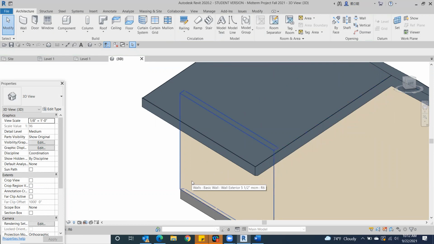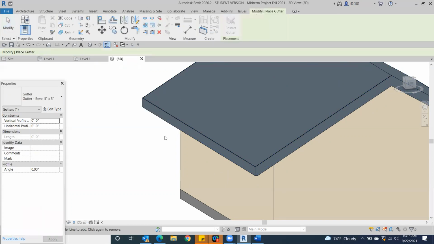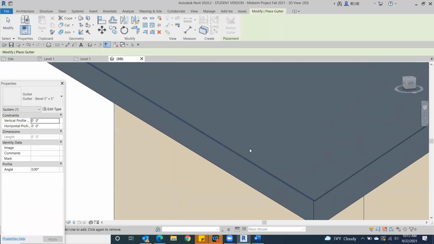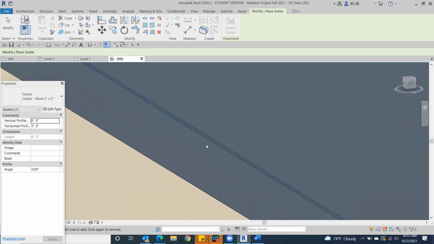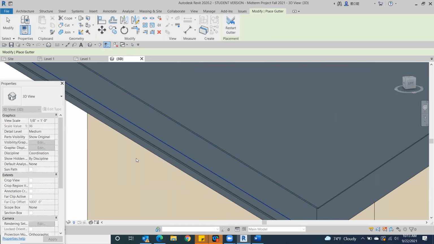Next thing we want to do is attach gutters. So we'll do the same thing. We'll go to our roof tool, drop down and select our gutter tool. And the same thing with the gutters as with the fascia. You want to make sure that you select the right area to attach it to. Sometimes people attach it here,